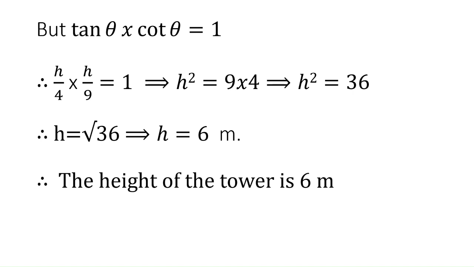So we have used simple trigonometric ratios of tan theta and cot theta. And we need to recapitulate the concept of complementary angles. When complementary angles are given, we need to take the sum of those two angles as 90. When we apply these simple identities, definitely we are able to find the height of the tower.